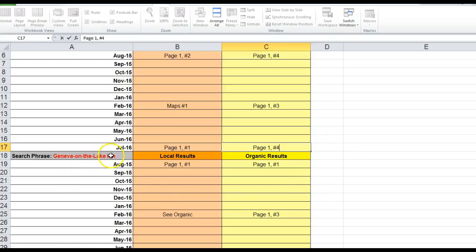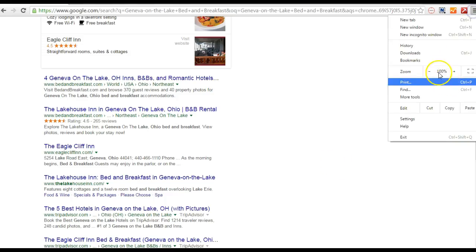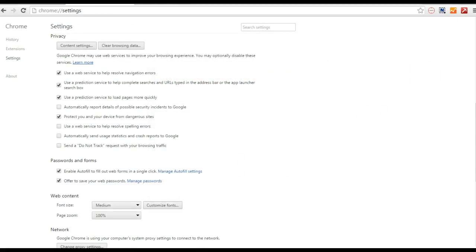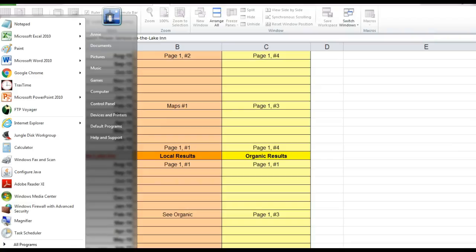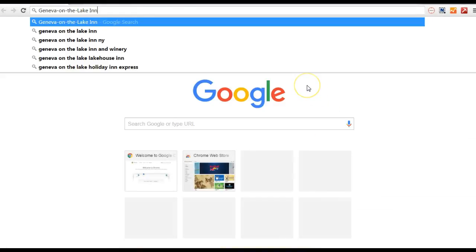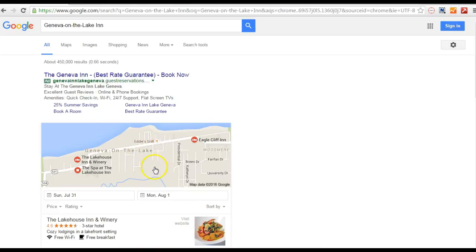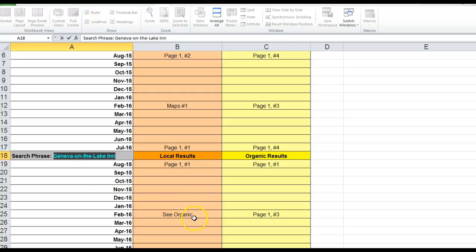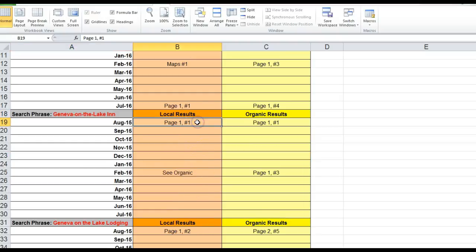Now we'll go to our next term, which is Geneva on the Lake Inn. We'll highlight it. Go back to the browser. We're going to clear the browser again, just like that. Clear browsing, we're going to close it, and then we'll open up a clean browser and we're going to paste that in and check. Again, we'll skip the ads. We'll come down here under the map, and you can see here that we have 3 listings. The Lake House Inn and Winery is number 1 again. So we're going to go ahead and search here and just go ahead and paste that in because it is